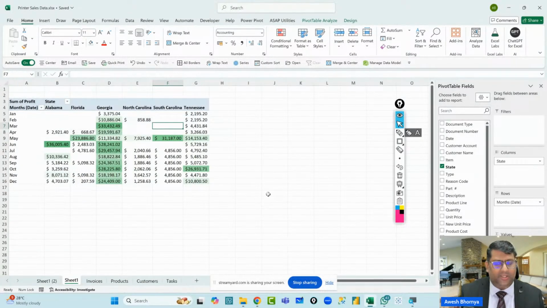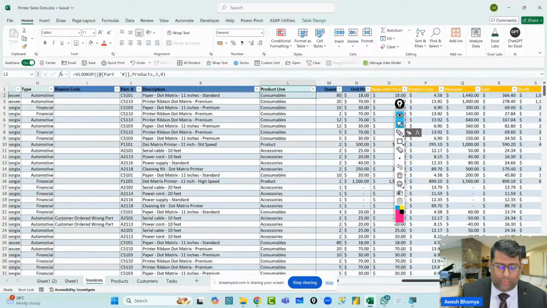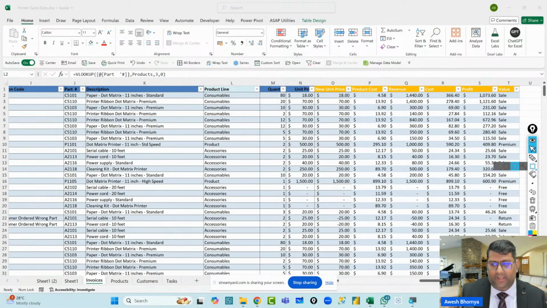Profitability can be understood by dividing the profit by the sales value or the revenue value. Revenue and sales are the same thing. If I divide my profit for every single transaction by the revenue of that transaction, I will reach a profit margin calculation.